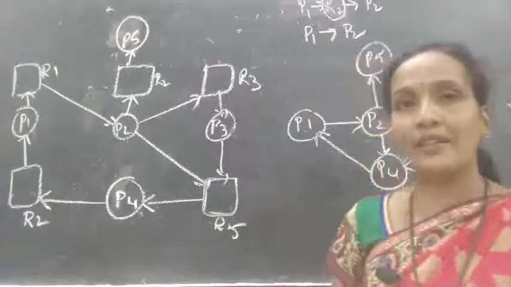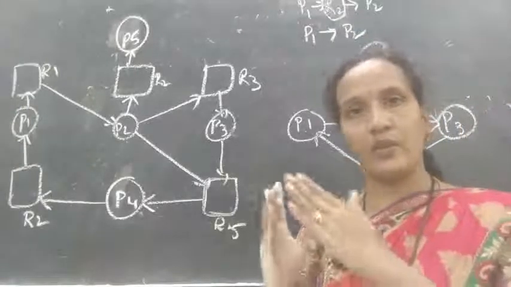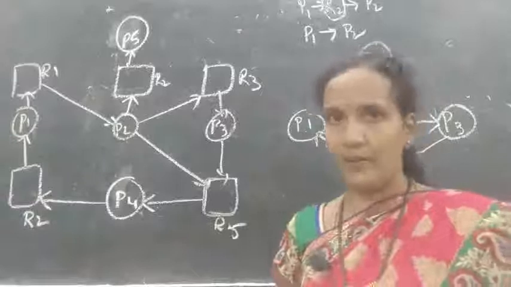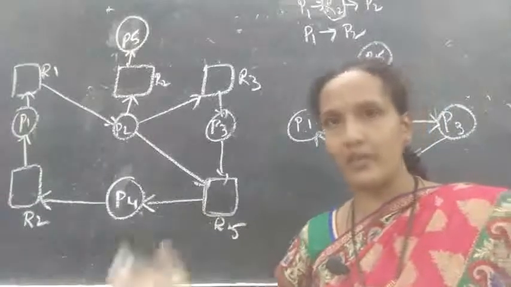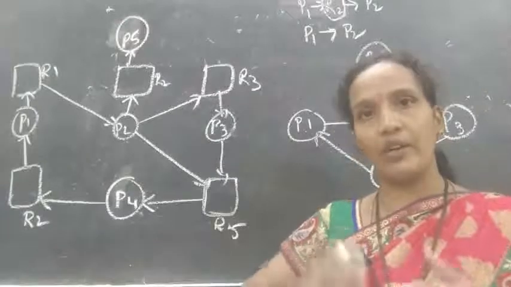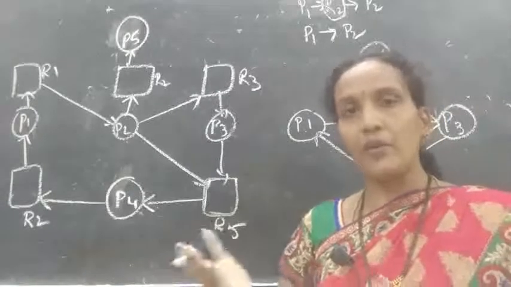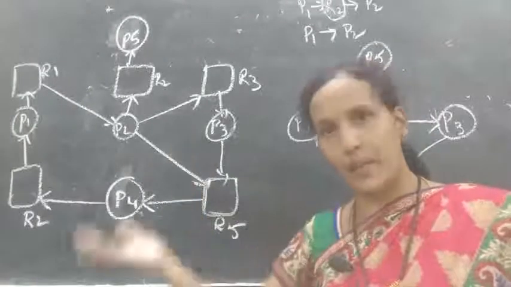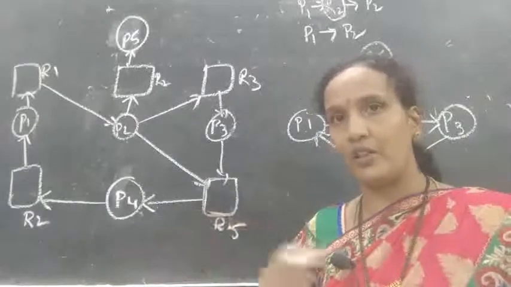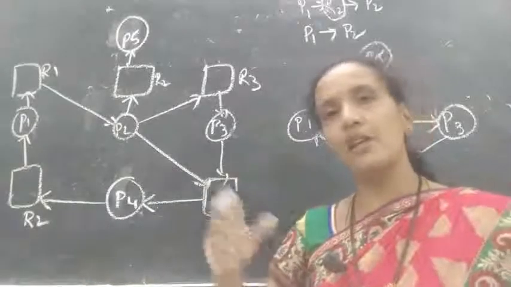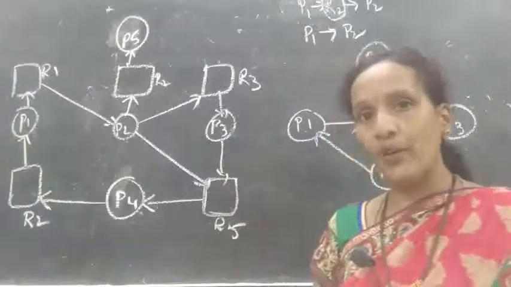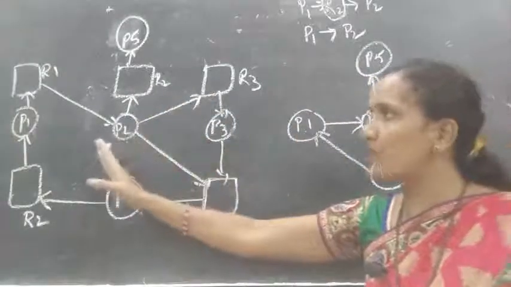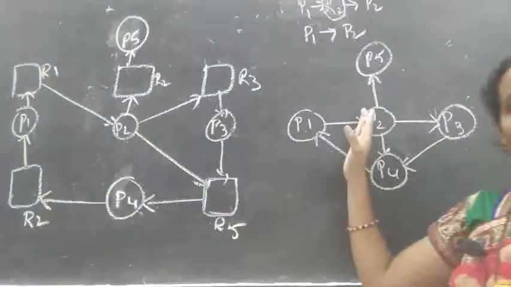Understood? So, how can you construct the wait-for graph? Just what you have to do is, whatever resource allocation graph is there, from that graph you remove all the resources and you cut all the edges which are connected to the resources, and a direct edge you give from one process to another process. Okay, so when we give the edge, if one process is requesting for a resource, and that resource is held by another process, then you need to form an edge from the first process to the second process. In that way, you can form the wait-for graph. In this example, you can observe this is a resource allocation graph. From this resource allocation graph, I have constructed the wait-for graph.